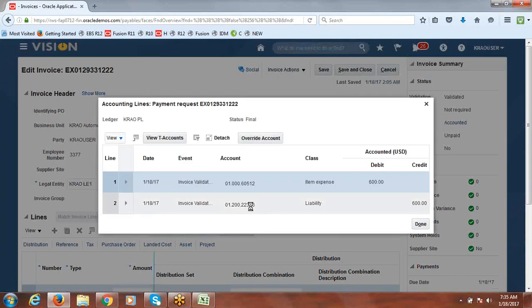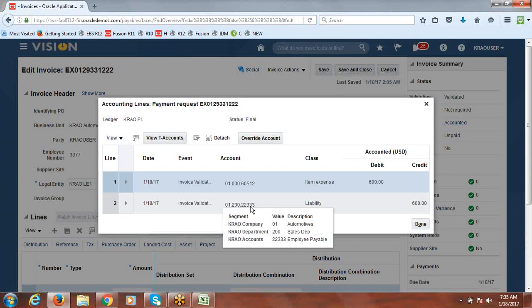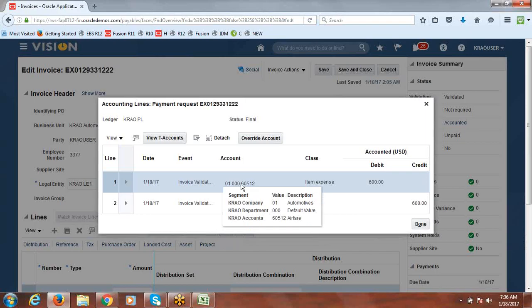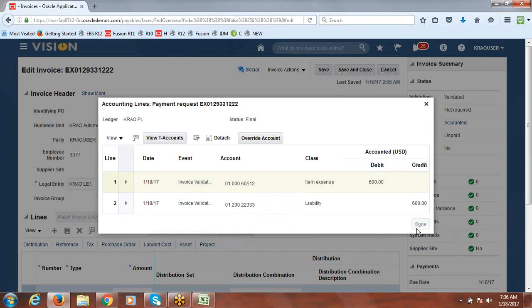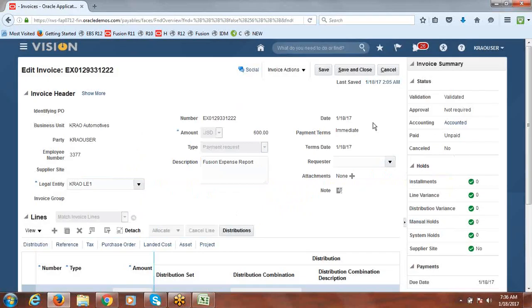Okay, for this user also I gave the system options level employee payables account. Otherwise it will be taken from common options. This is the account for airfare. So this is a process to understand what setups need to be done and how the subrules need to be configured for a supervisory. The other point is how the process works, how to create an expense report, and how that information can be imported into payables. These are the points to understand.